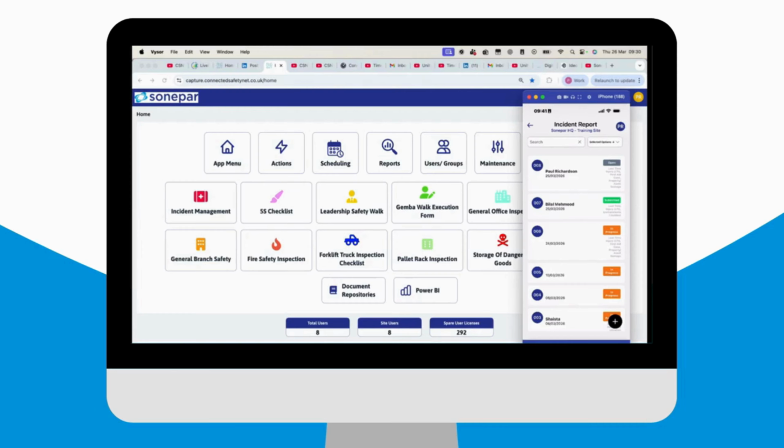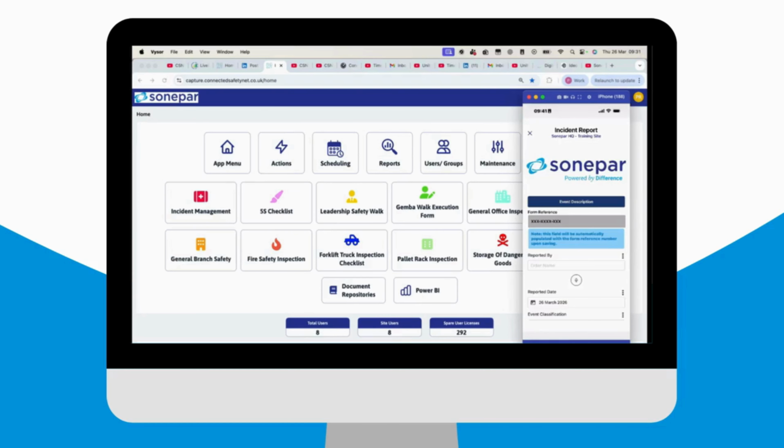Now, to create a new incident, you have two methods of doing this. You can either do it via QR code, or you can do it directly from the app. So let's actually now go into creating an incident. Now, the aim here is to make this a fast, efficient process so that it's easy for people to report